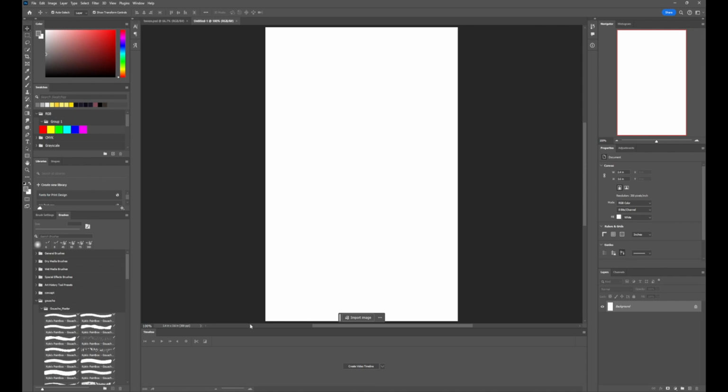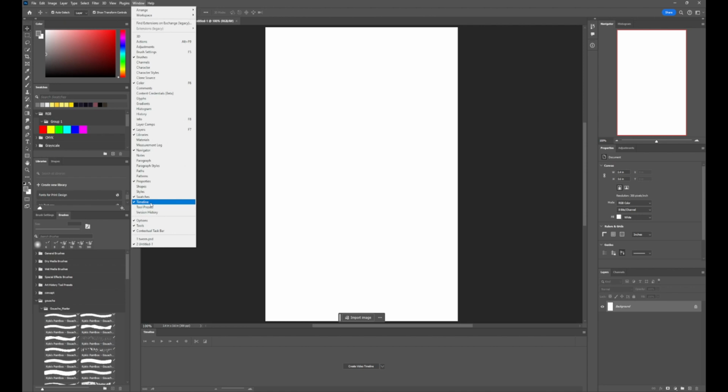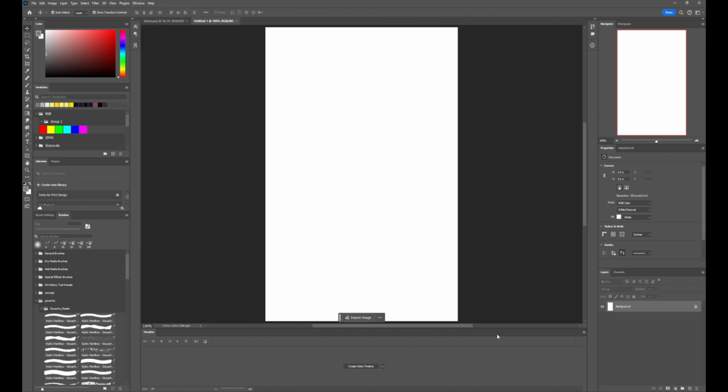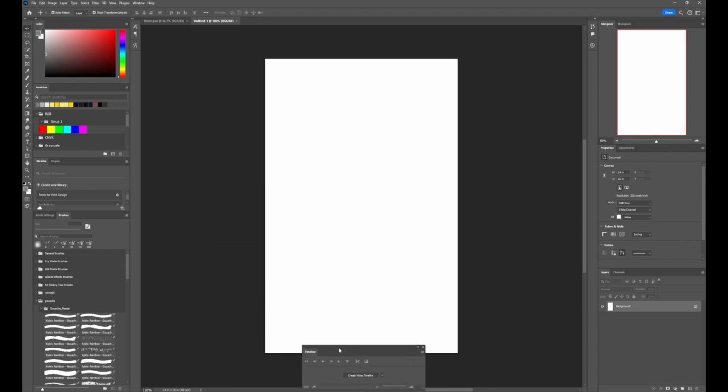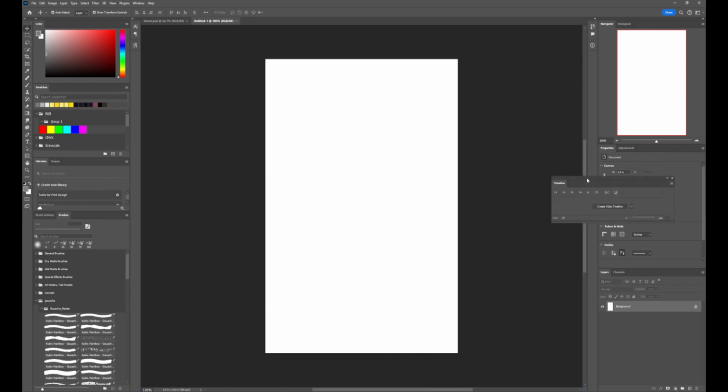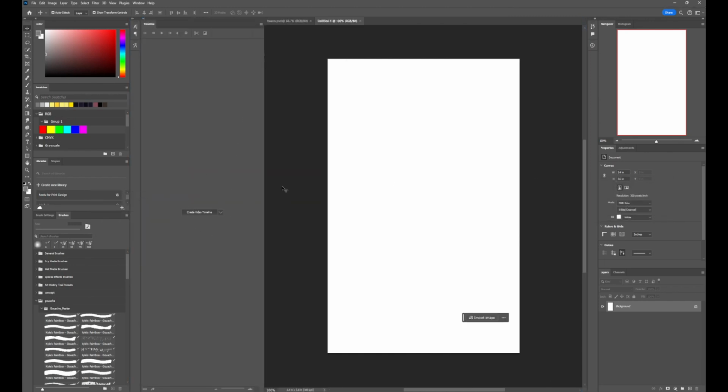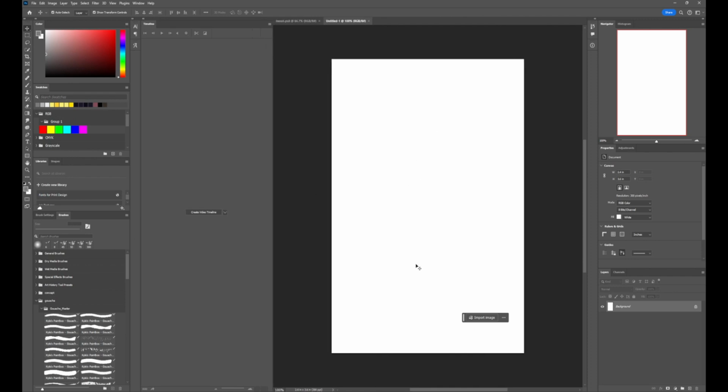So first, you want to have a timeline down here. If you can't find it, it's Window, Timeline, and it'll pop up at the bottom. You can also pull it out to sort of use it for ease of access, but keeping it at the bottom or even on the side is a great idea, just because it gets really long. So as you can see, we have our timeline here. I'm going to keep it like this, just because we're building in a vertical